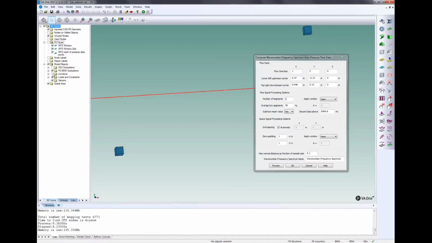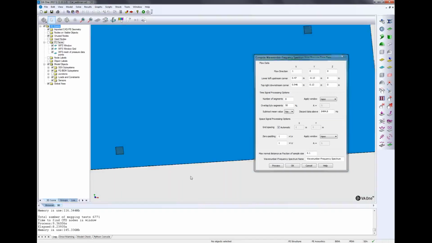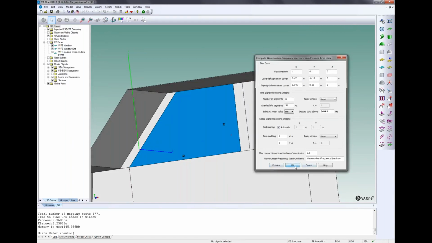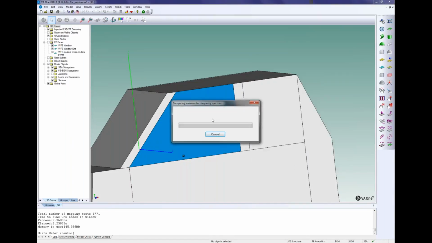I will get back to the model here and import the data. By this, two things will be computed. There will be the wave number frequency spectrum, here abbreviated as WFS. And this wave number frequency spectrum is normalized. So there is also a scale factor, which is homogeneous to Pascal. So it's a pressure spectrum that is created automatically.